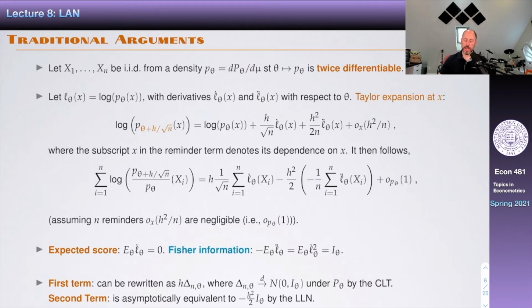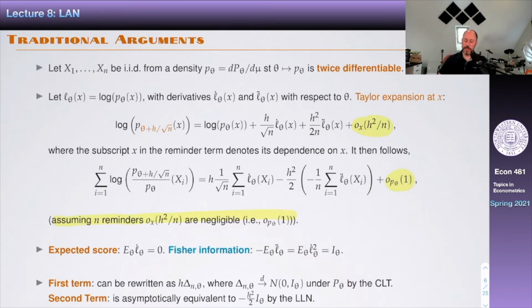So then we're going to sum over the n observations that we have. So now here is xi, and then what we obtain is something like this, and we're going to assume for now that this is a small remainder. Here we sum n of these remainders, and you would say, well, summing n of these remainders still gives us something that is small. By no means am I attempting to do this formally. What I want to show you is essentially how what I'm calling here the traditional arguments work. What are the assumptions that you need behind that? So far they involve essentially having these two derivatives and making sure that the remainder over here is small.